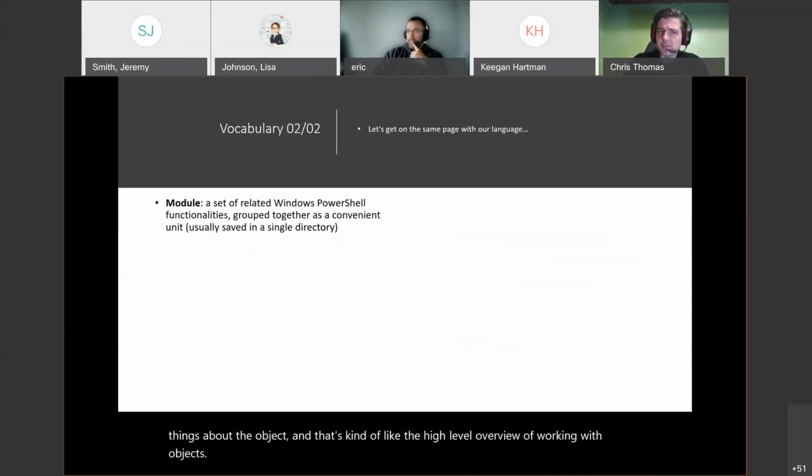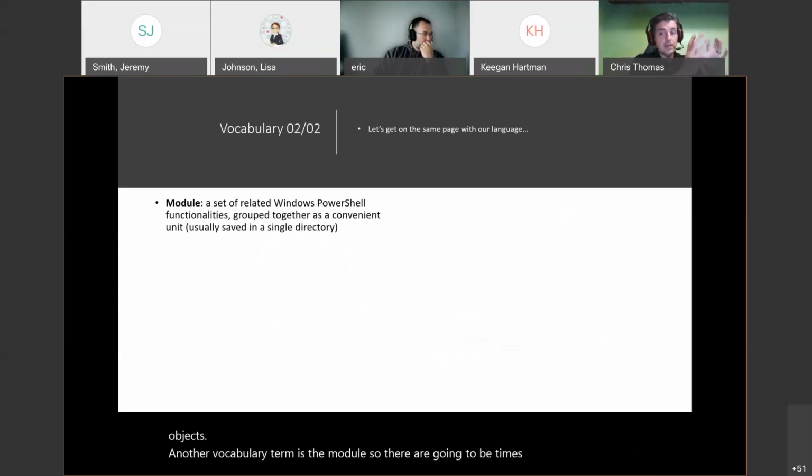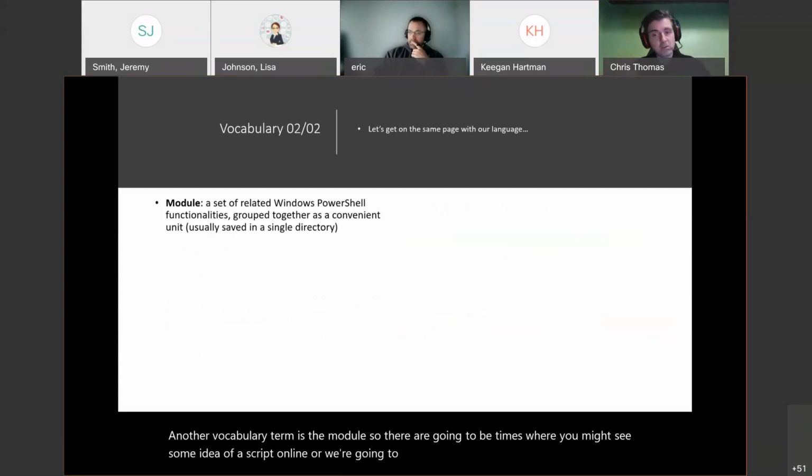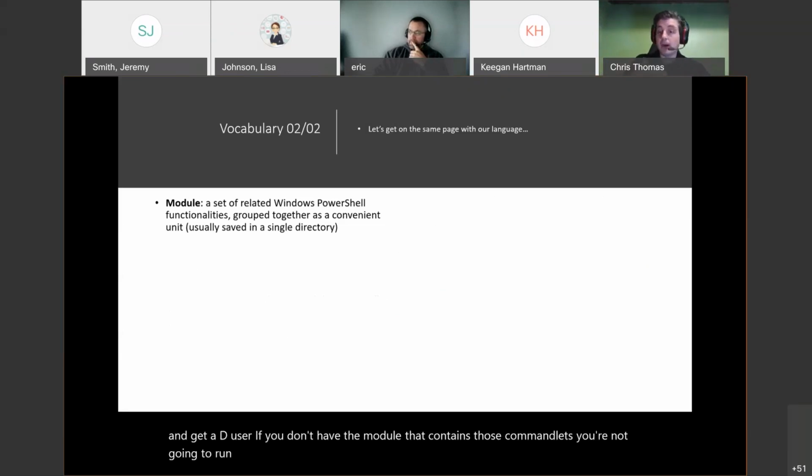Another vocabulary term is the module. There are going to be times where you might see a script online, or what we're going to talk about today with, say, New-ADUser and Get-ADUser. If you don't have the module that contains those commandlets, you're not going to be able to run the scripts. So it's important to understand what module these commandlets came from so that you can ensure the machine you're running